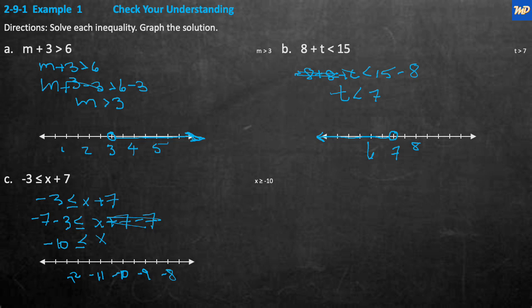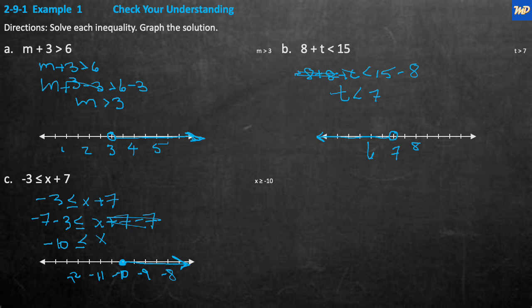So negative 10 right there, and it's less than or equal. So I'm going to put a dot right on the negative 10. There's my dot. And now x, okay, let's say this, negative 10 is less than or equal to x. It's easy to think of it that way. It's less than x. So here's negative 10, and x is everything that's greater than negative 10 because negative 10 is less than x, or equal to x. So that means that everything to the right